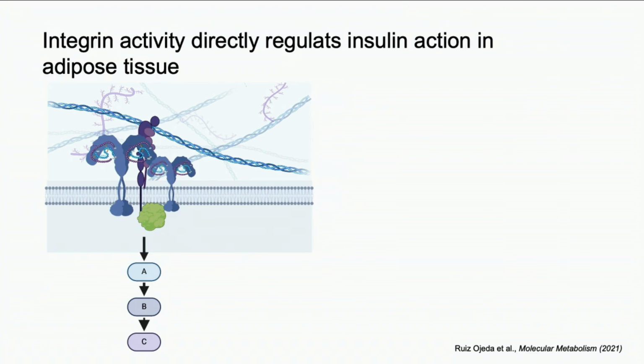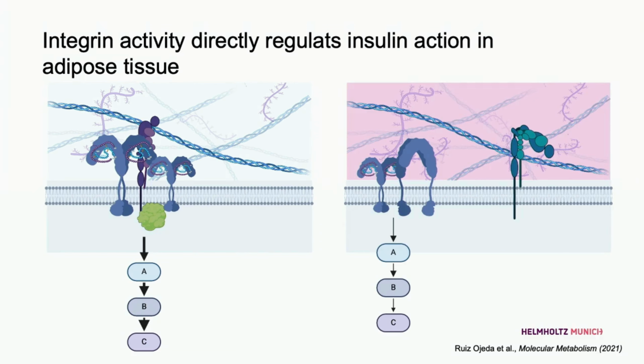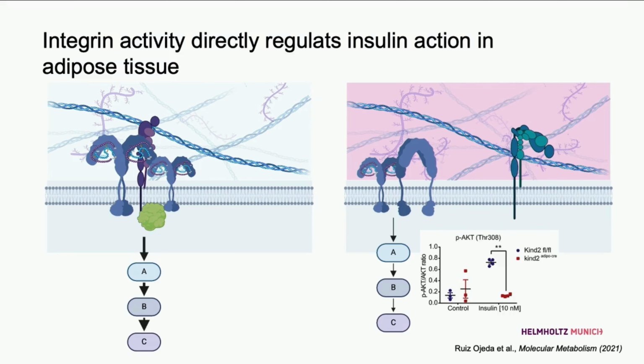But what I wanted to show here is that integrins form a complex with the insulin receptor. And the insulin receptor is really important for adipocyte function. And what we could further show is when we inactivate integrins, that this results in a reduction of the downstream signaling of the insulin receptor, as you can see in this graph. So in blue is the wild type, and red is the knockout, and on the right side you see what happens when we stimulate these cells with insulin. And while we get a nice response in the wild type cells, it was really blunted in the knockout cells.